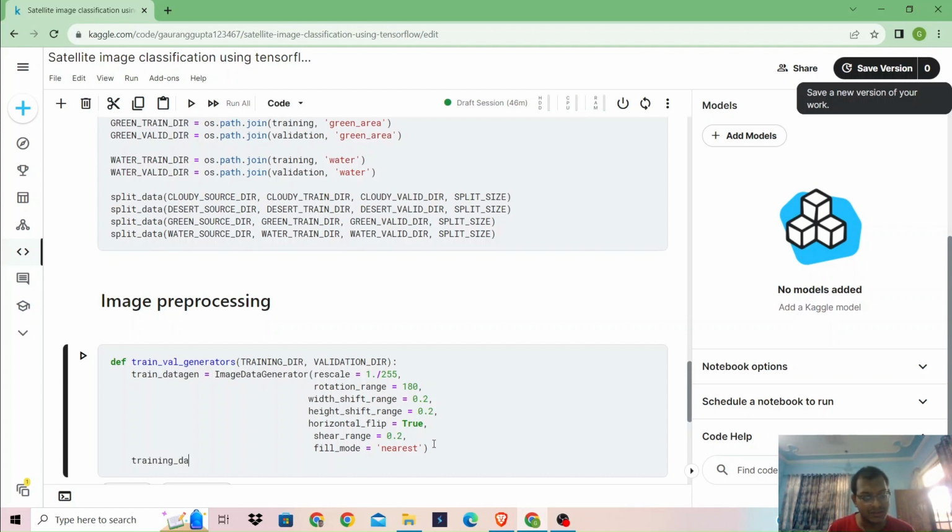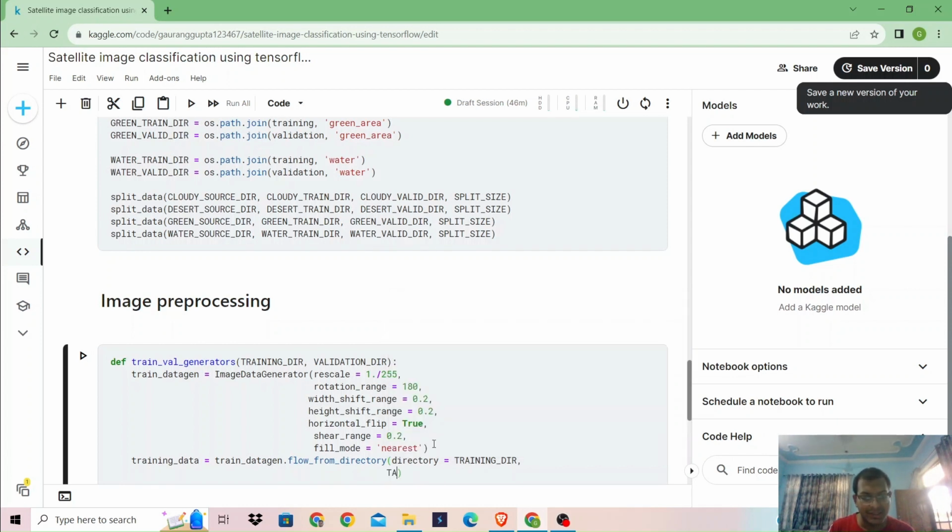So training data will be equal to train datagen dot flow from directory. One parameter is directory. We will pass training dir,